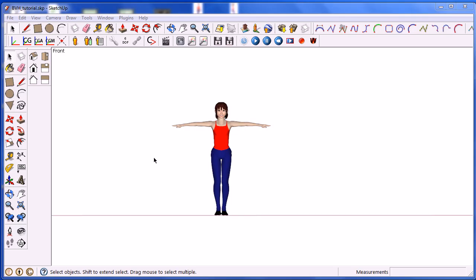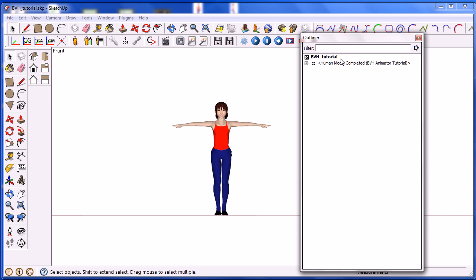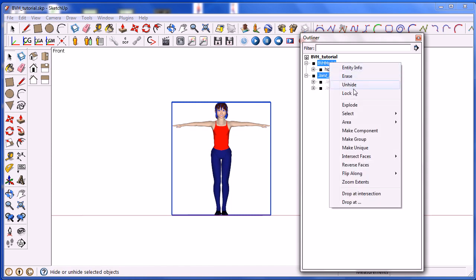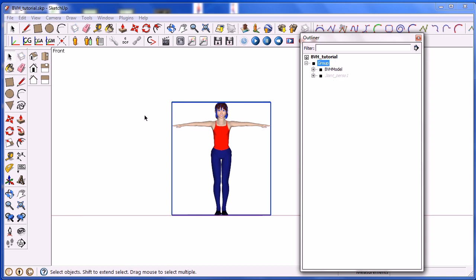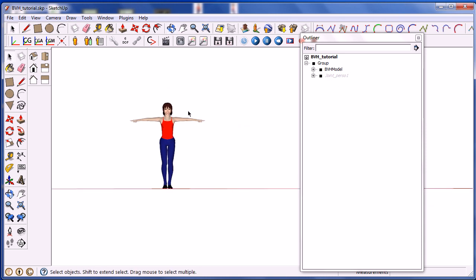The last part of this tutorial will show you how to easily create many characters from the one you have just obtained. Open again the Outliner window. The first thing to do is to explode the component that you have imported from 3D Warehouse and recreate it immediately as a group. This is necessary because when you duplicate a component, it's not possible to distinguish the behavior of each copy. You can close the window Outliner.